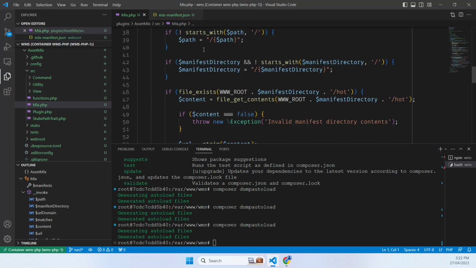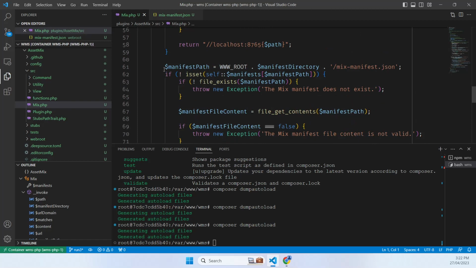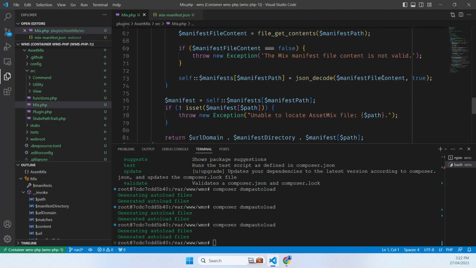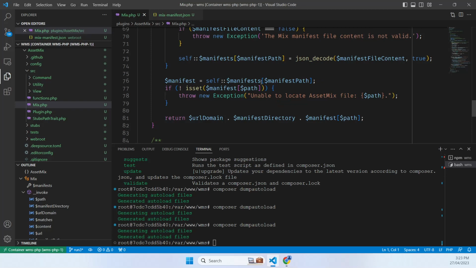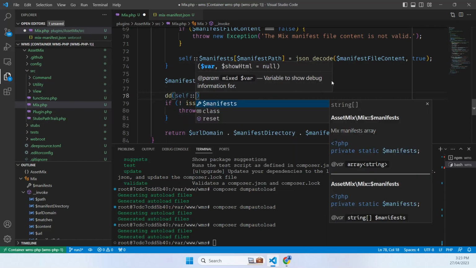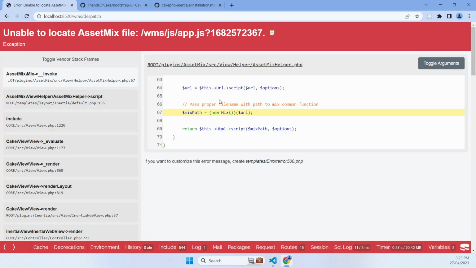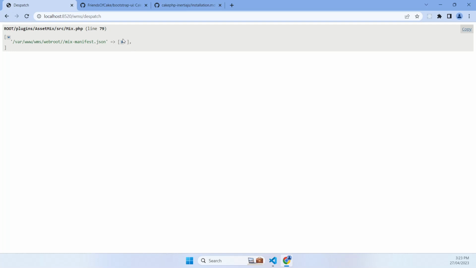So we've now got to figure out, well, what's it looking for and how are we going to get it to find it properly. So it's got the manifest path here, and it says once we've loaded our manifest, we need to then look for the path here, and then this is where it's throwing the exception. So let's have a look at what indeed this manifest is. So I'm just going to reload, and this is our manifest